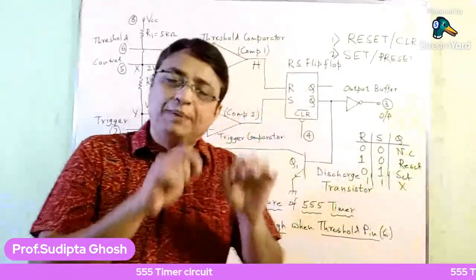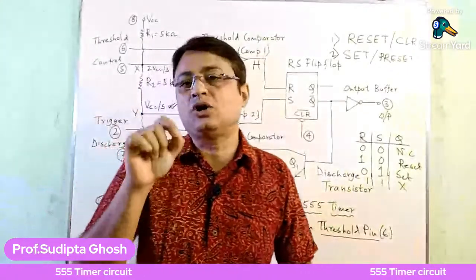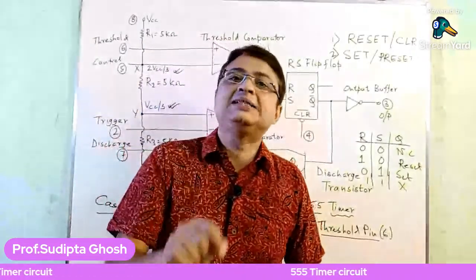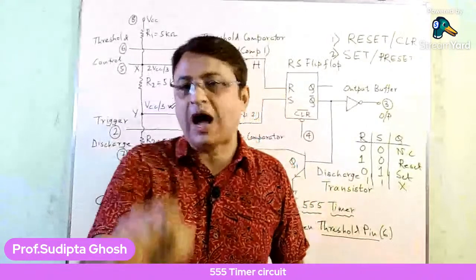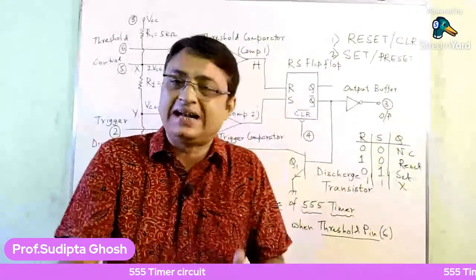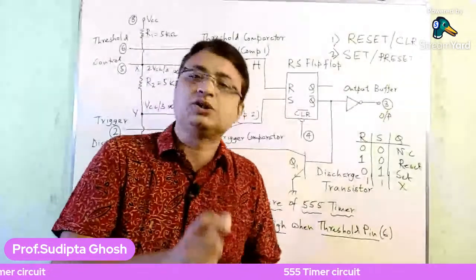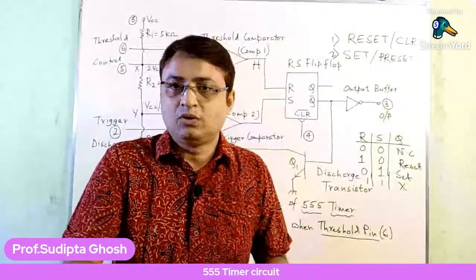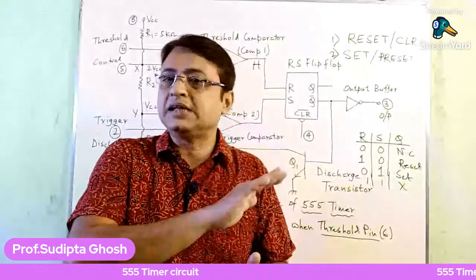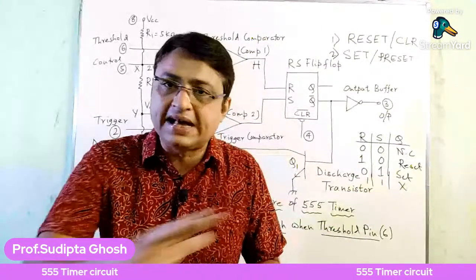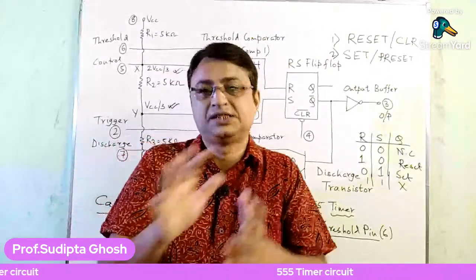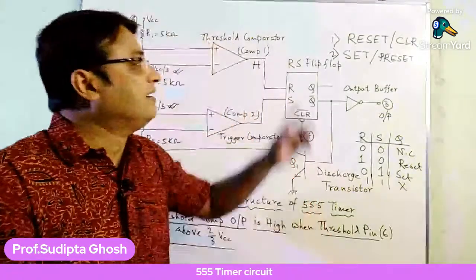So preset or set means the IC output is going high. Set means high, set means 1, preset also means high. And clear means you have erased the value, so clear means 0, or reset